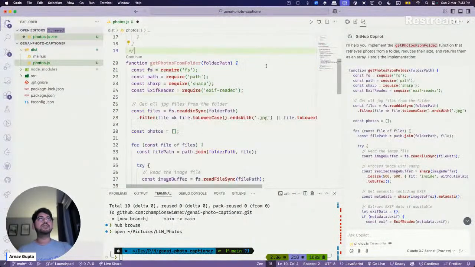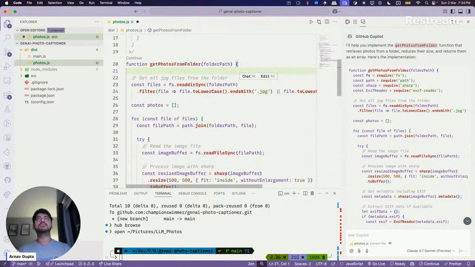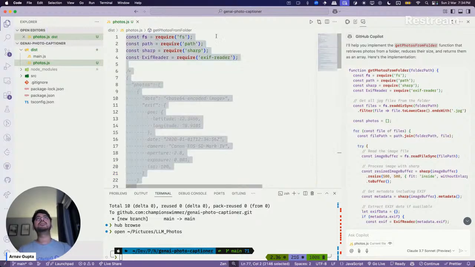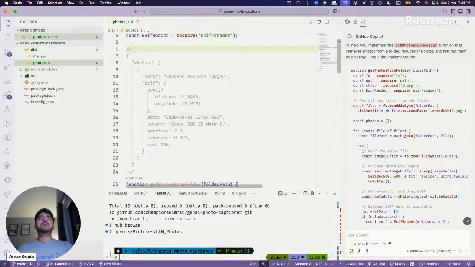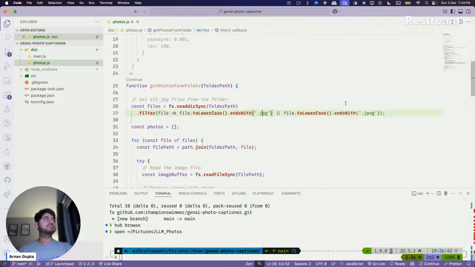Okay, I will move this stuff from here to up there. Get all JPG seems like correctly done.